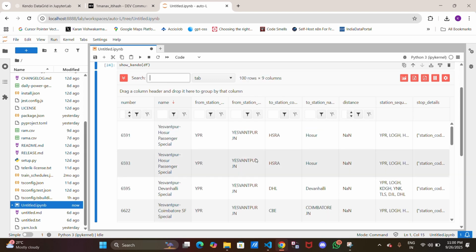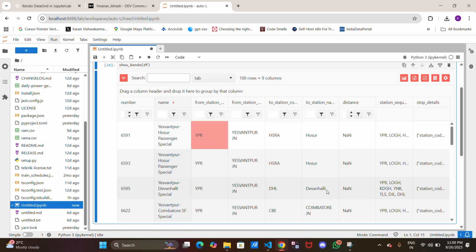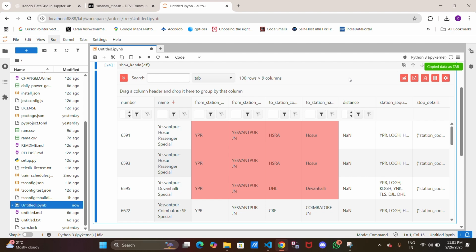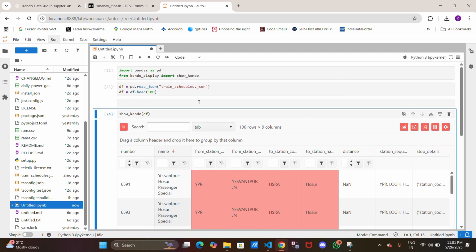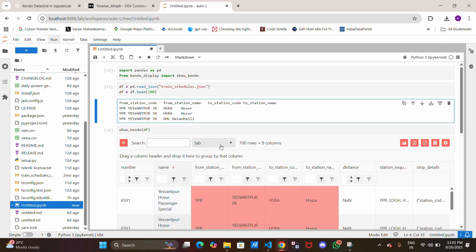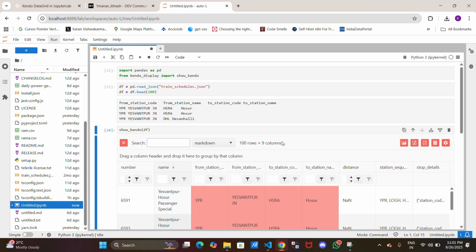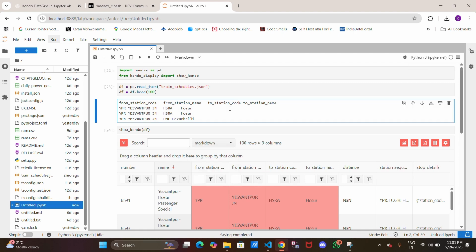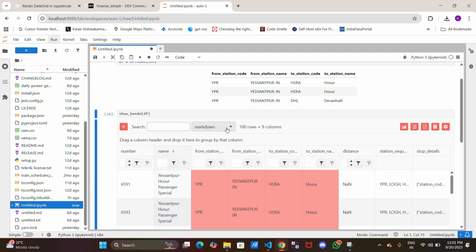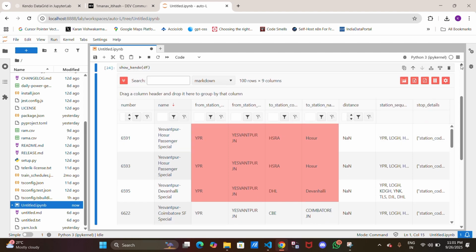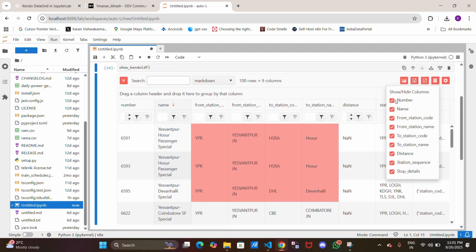They can also simply select a table, press Control C, and paste it here. They can also copy in different formats like markdown and Control C. And also text table, tab, and CSV, they can directly paste into Excel. Also we can include and exclude columns